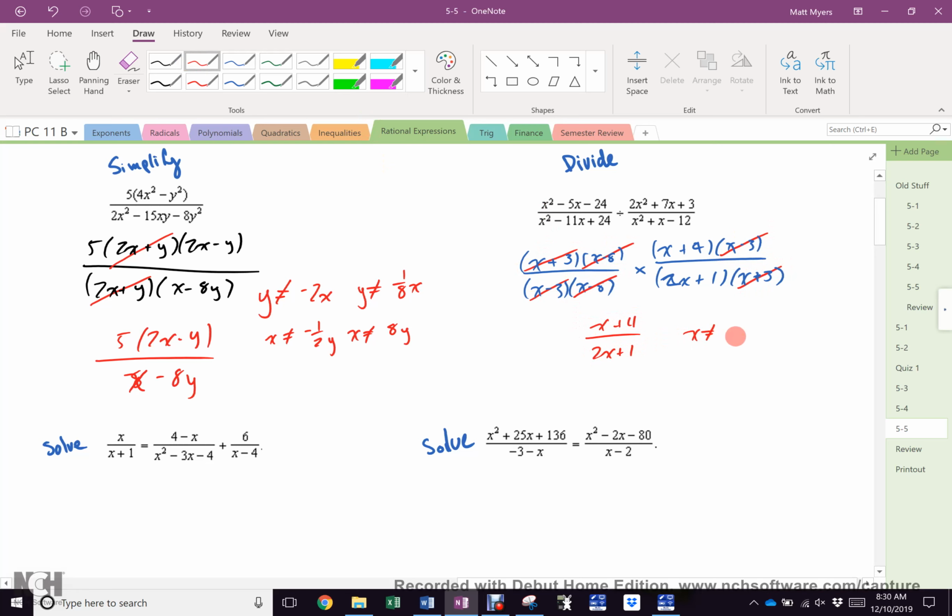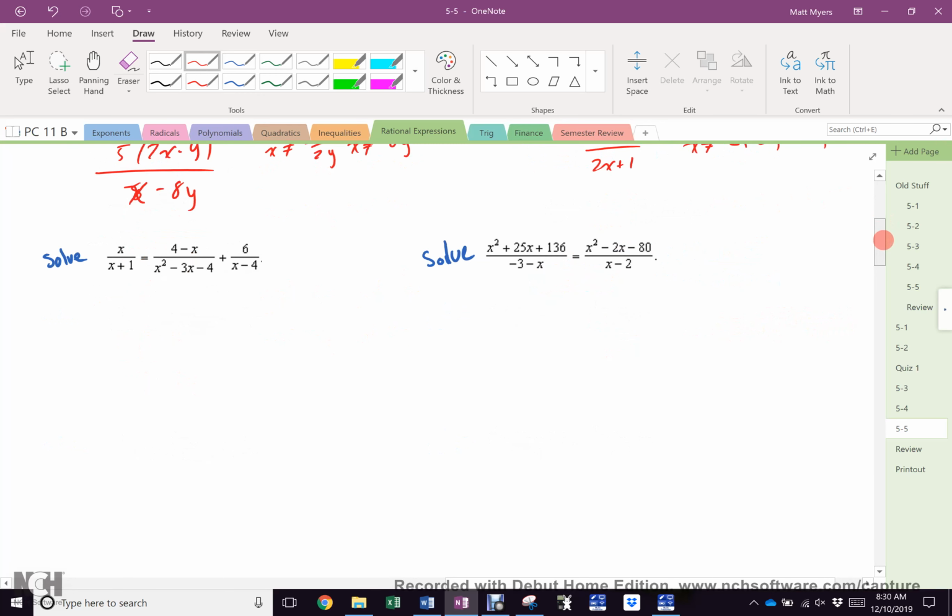X cannot equal a whole bunch of stuff. What? 3, 8. Yeah, plus or minus 3, 8, negative 1/2, and negative 4. This one,